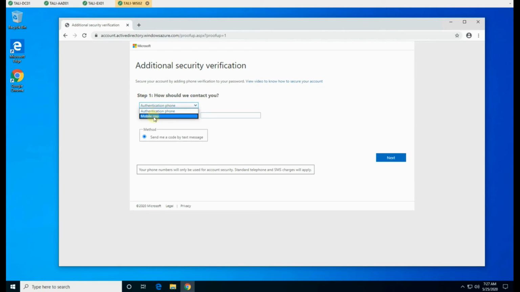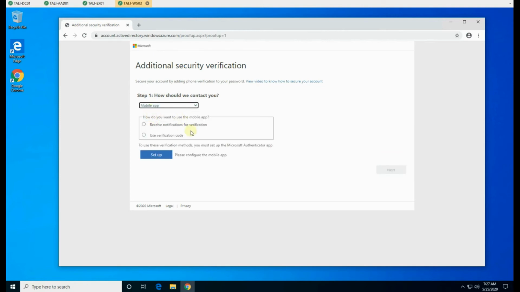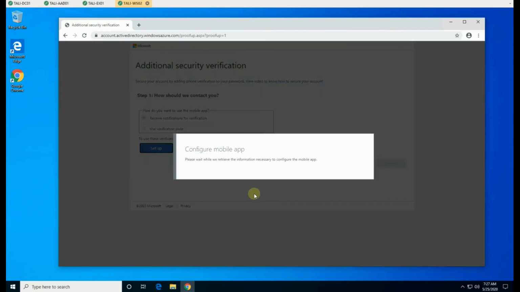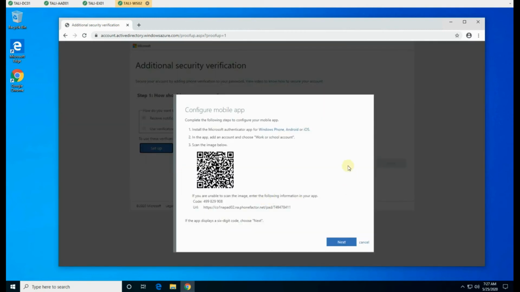Now he wants to set it up with the mobile app, and he wants to receive notifications for verification off of his phone. And very easy, because all he does here is hit these options here and say set up, and that will configure the mobile app. Now all it requires you to do is to download on your phone the Authenticator app and to scan the